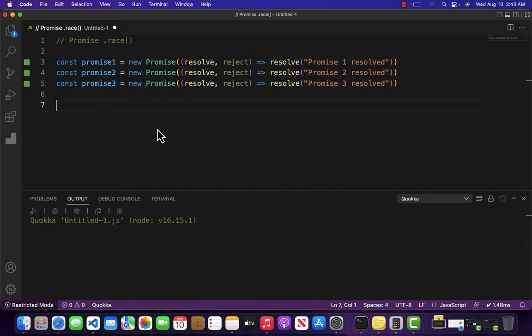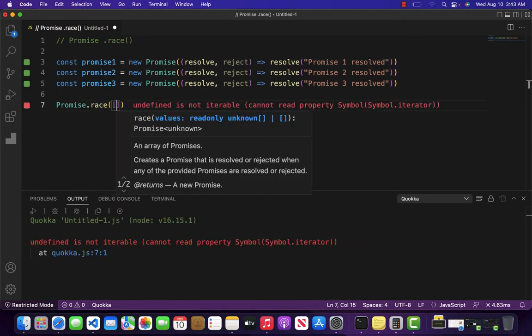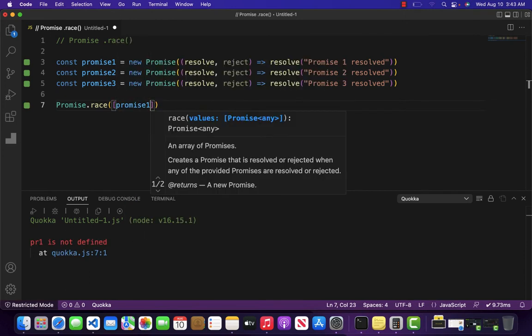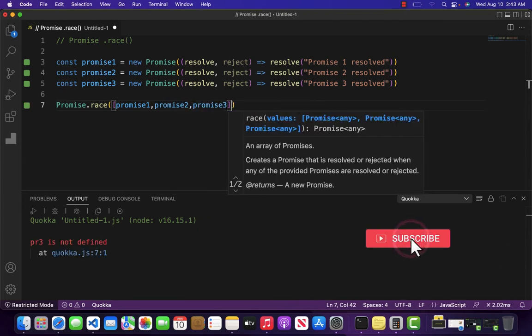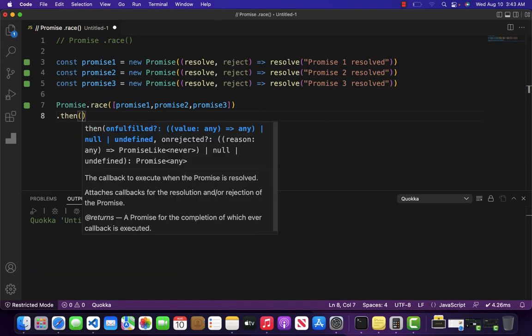To do that we can use Promise.race, and Promise.race pr1, pr2, pr3, right? And then